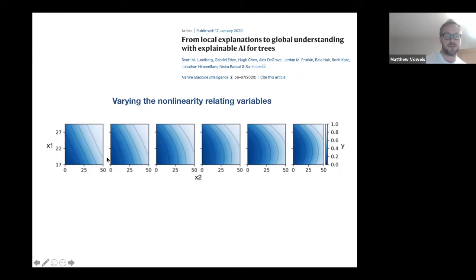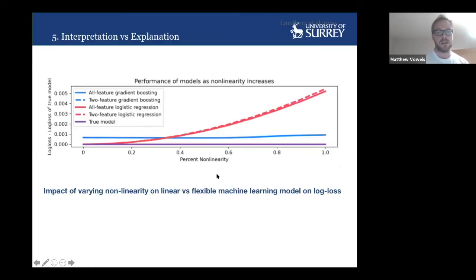So in other words, as I go from left to right with the data, as you would expect, logistic regression increases the error because it can't adapt to that nonlinearity. That's intuitive and makes sense. If you compare that to a gradient boosting machine, which is a fairly vanilla and common machine learning approach, it's completely agnostic to the degree of nonlinearity. The error is just constant there. So again, it's intuitive.